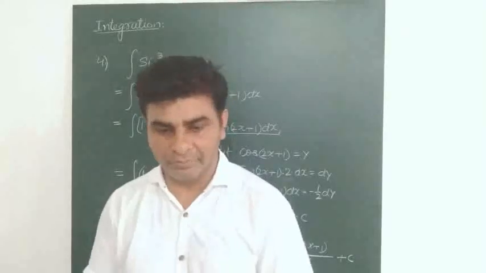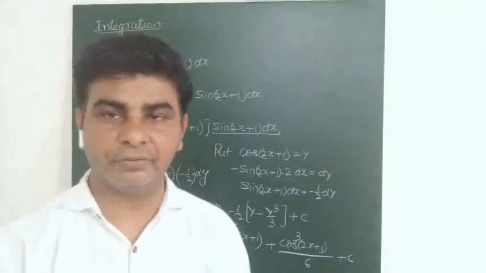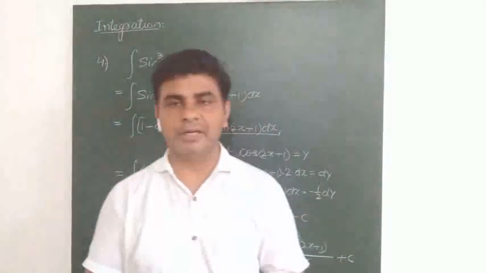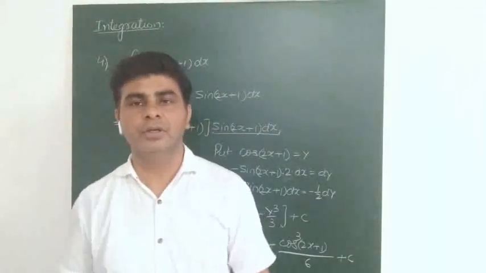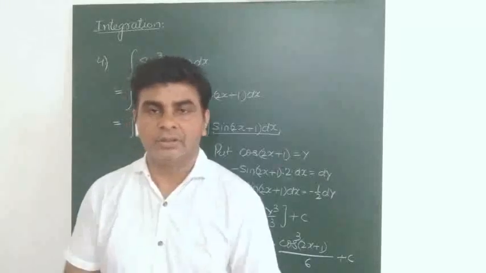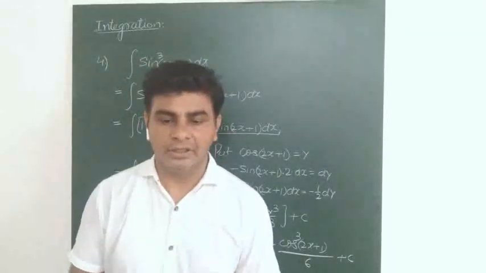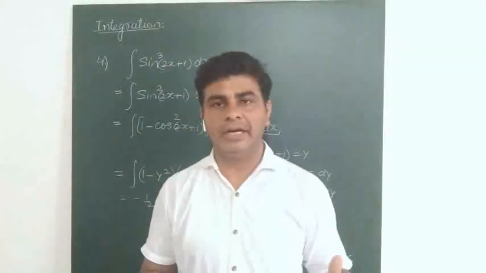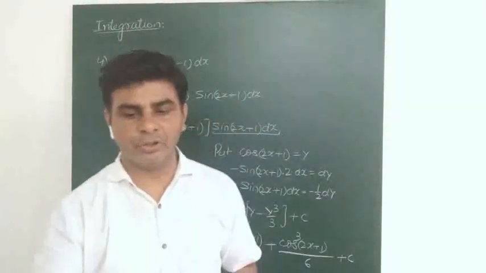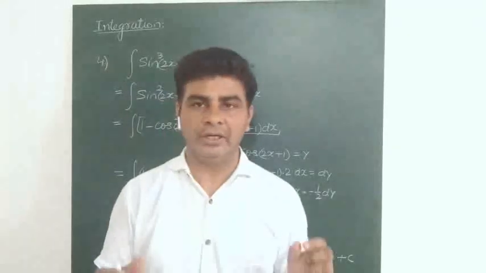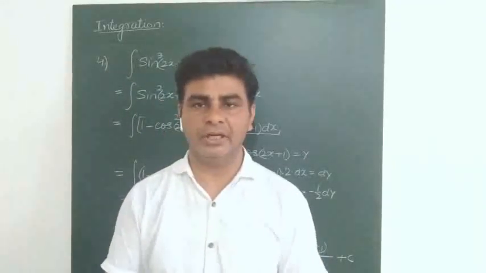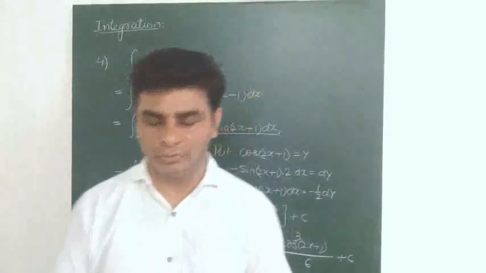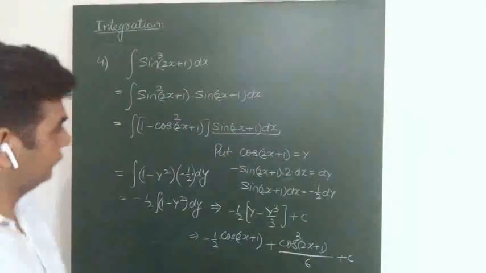Let's do question number 5 now. And in this question, sin cube x multiplied by cos cube x is given to you. Whenever the question is given in the form of multiplication, I have told you that you have to multiply it by 2 and divide it by 2. But because the cube of the function is given in both the terms, we can multiply 2 cube and divide it by 2 cube like this. Let me do it for you.